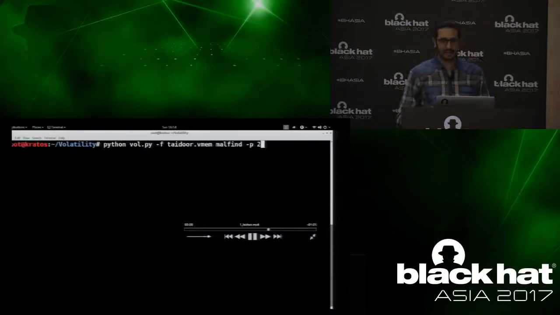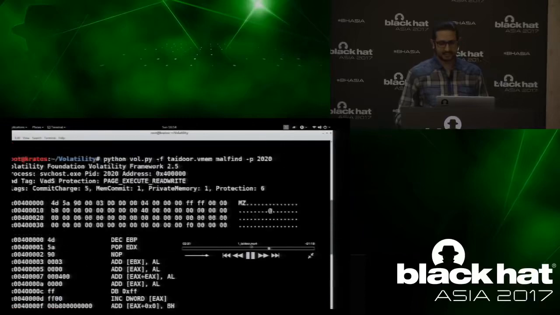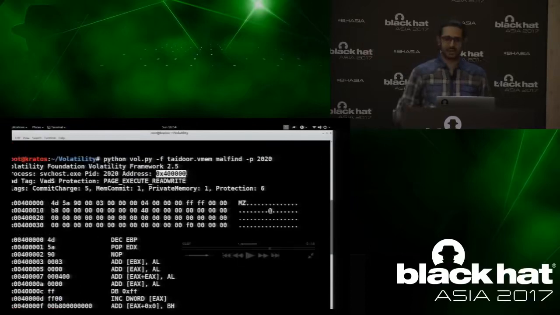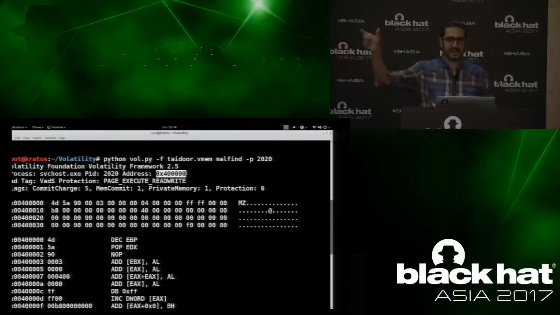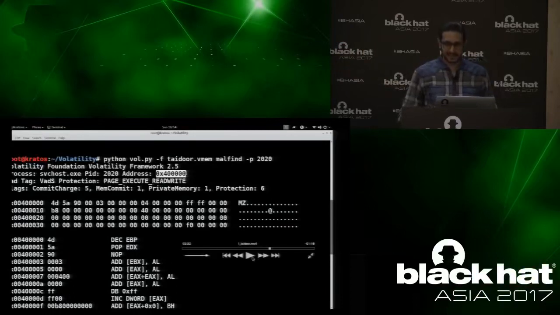Malfind can help you detect that. When you run malfind against that, it will tell you that this address is bad, not the one with the 1000. This is 4 because the 100 still has the write copy protection. But this memory region is suspicious because it has a page execute read write protection. Now we can focus our analysis here. In case you didn't know how it worked and if you miss this component, you'll be misled to investigate the actual suspended executable, and you'll be focusing your analysis on a component that is not malicious.